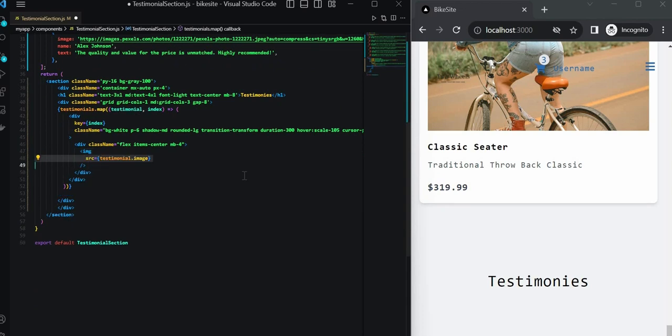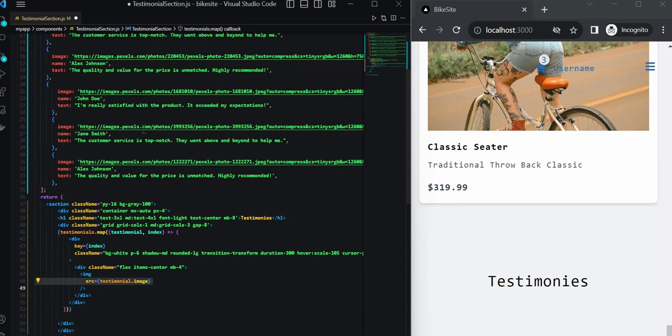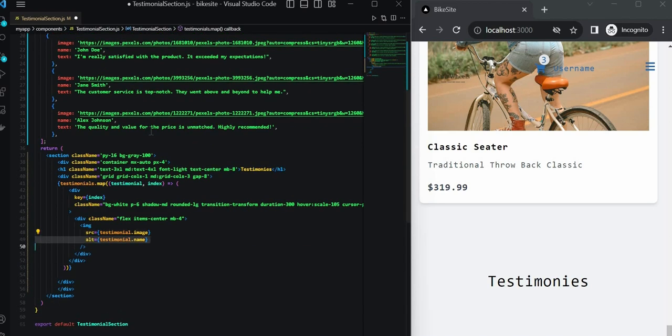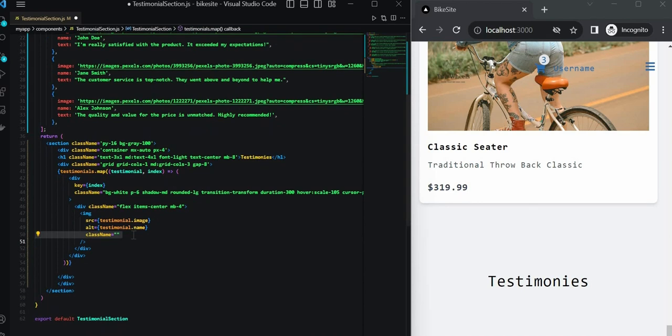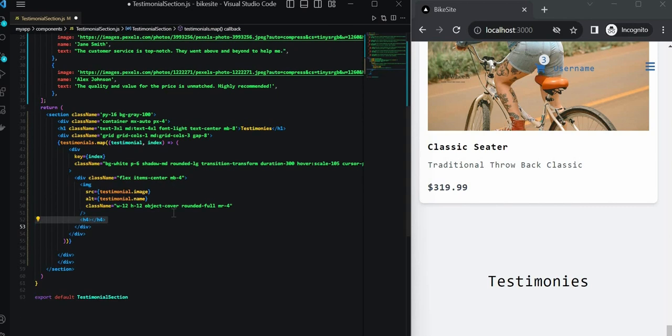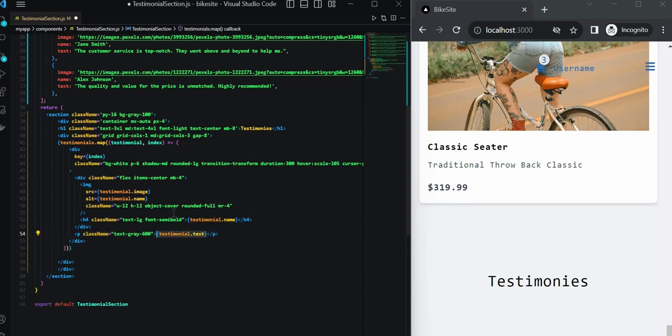And we'll add the image with the src of the testimonial image, which is this image string. The alt will be the testimonial name. A class name, we'll set the height and width, and we'll set the object to cover. And we'll give the divs a h4. This will be to display the testimonial name. And then we'll also want to create a p tag and give some styling so that we can display the